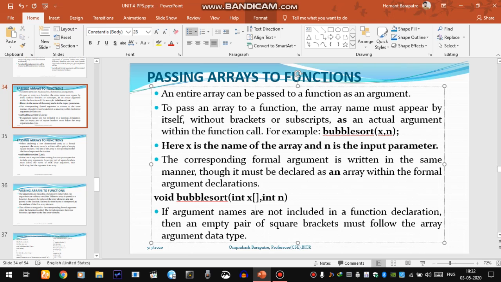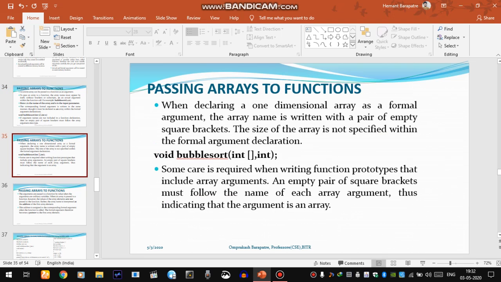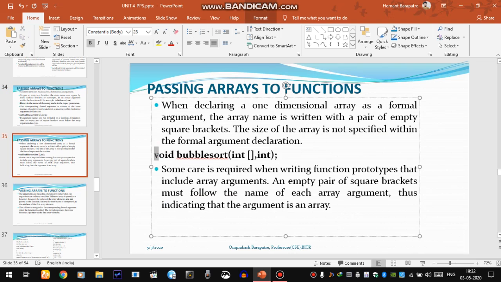This is the way we define a function. Now, how to write the function declaration. For the same function definition, we can declare the function like this. We use the name of the function, then put a subscript along with its data type to tell that we are passing an integer array, and the second argument is the parameter type int.